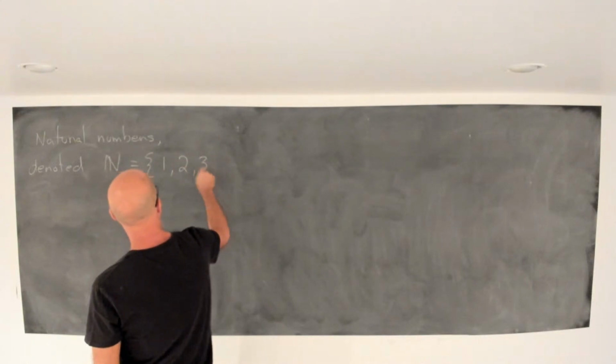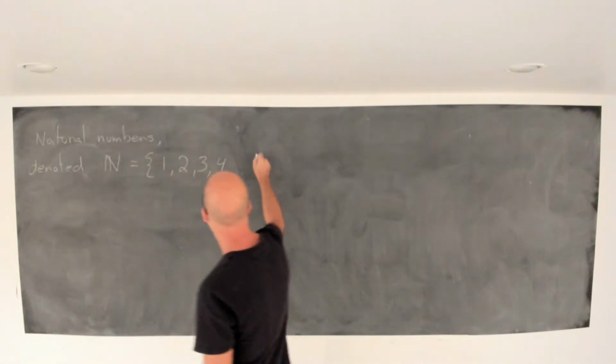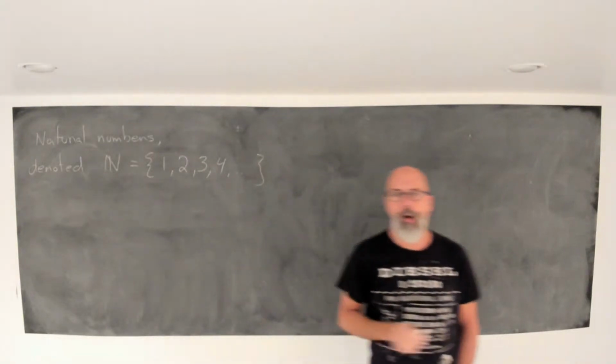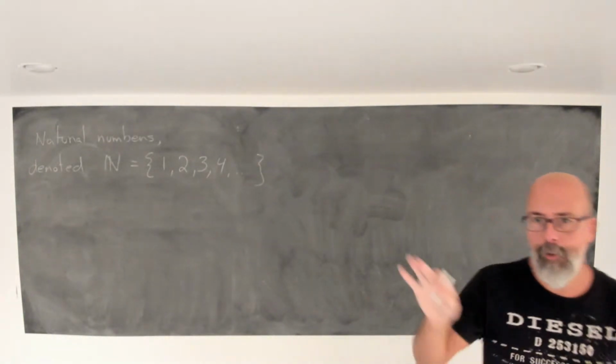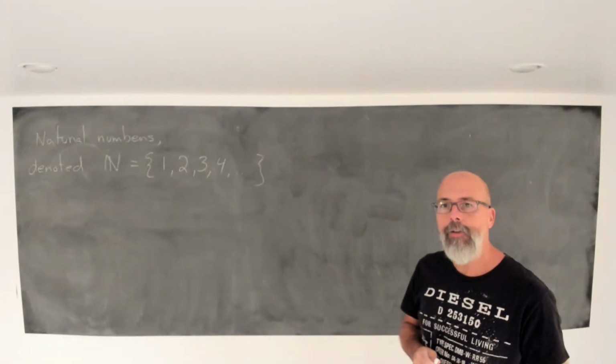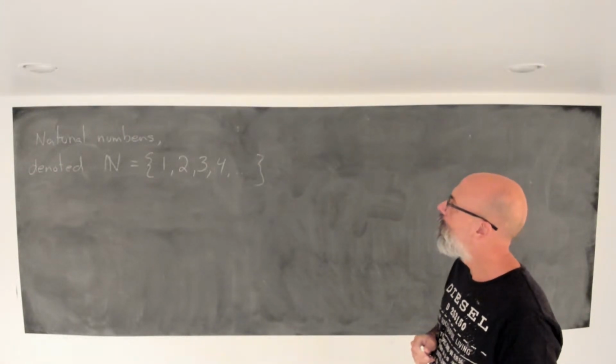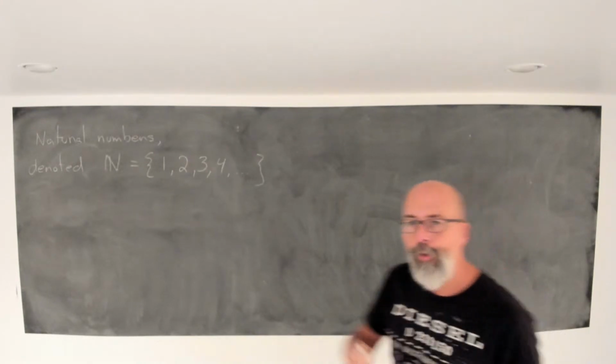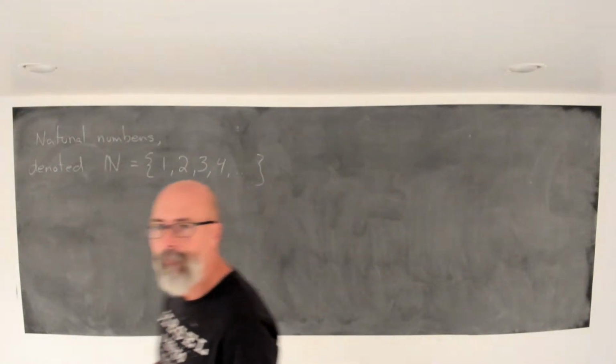So 1, 2, 3, and so on. Right, so natural numbers denoted by N, like this. This is what we're talking about. If you throw in a 0 there,